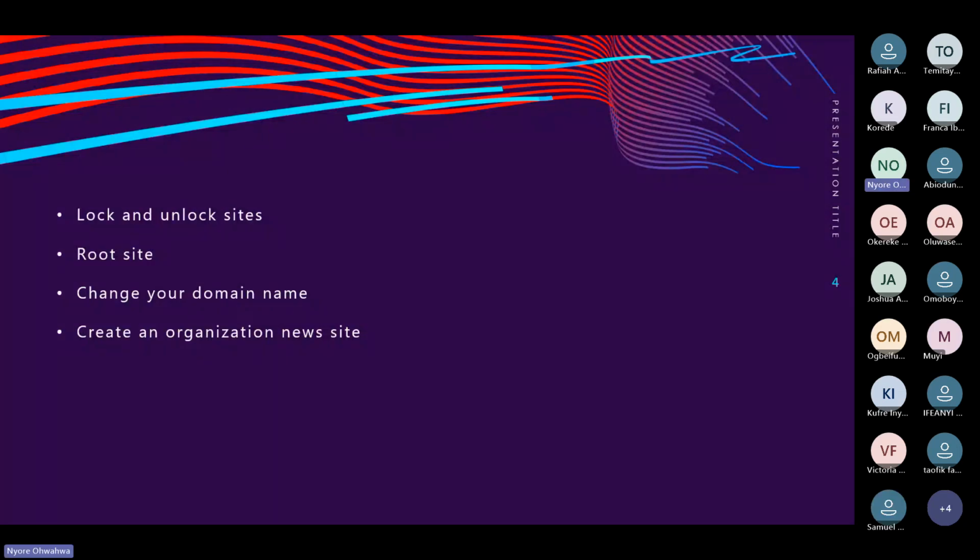We're going to talk about root sites, how to change your site address, and a few other things. So I'm just going to go directly into my SharePoint Admin Center, and then we can go ahead from there.